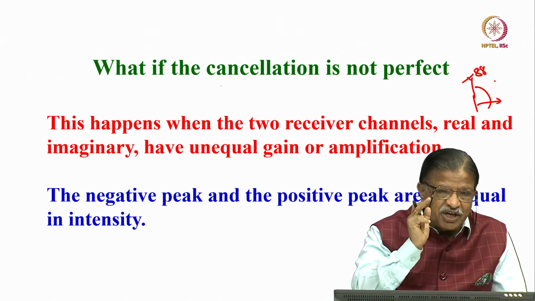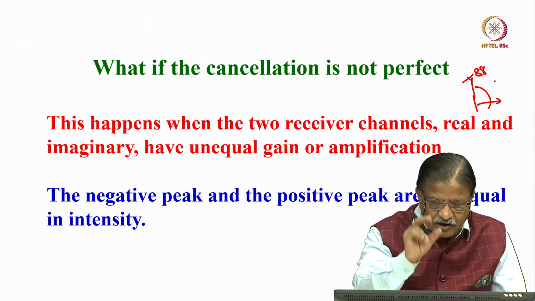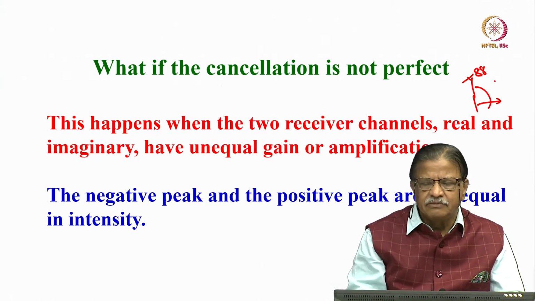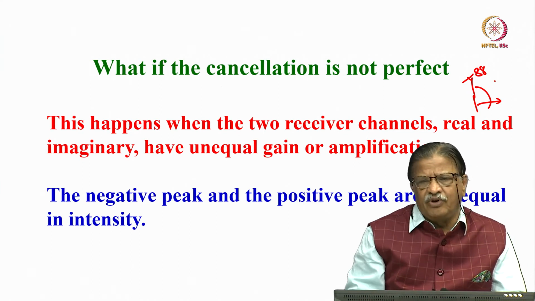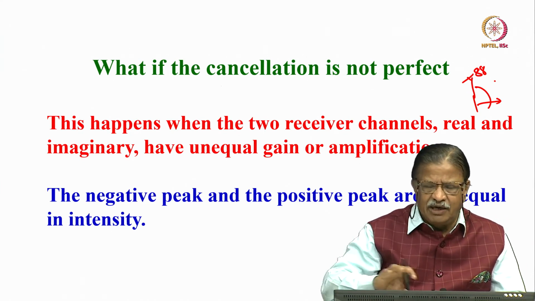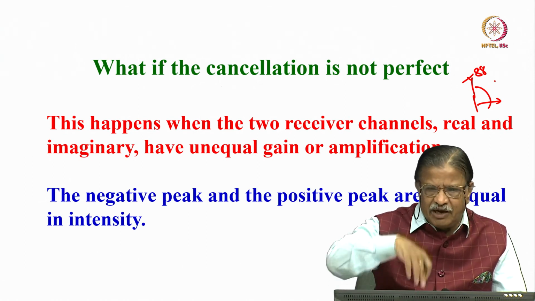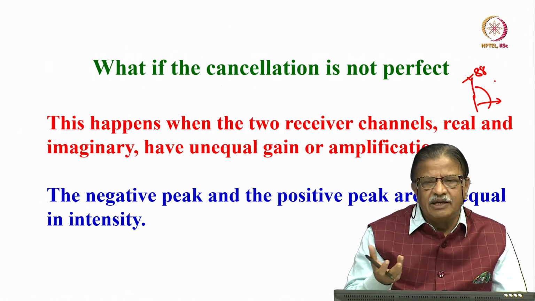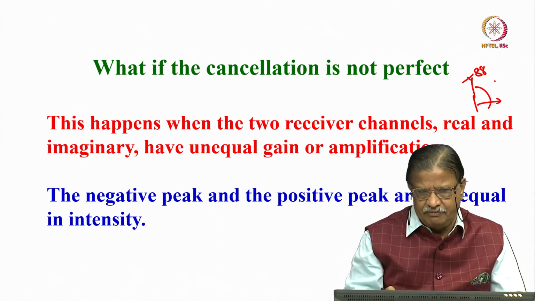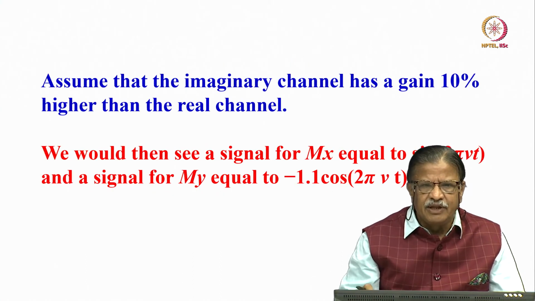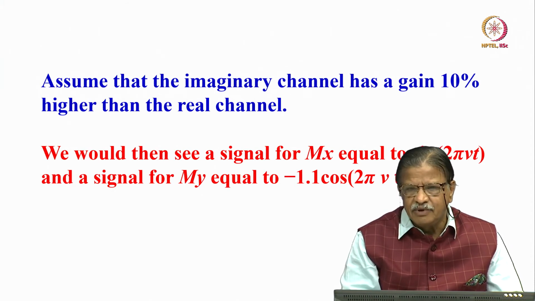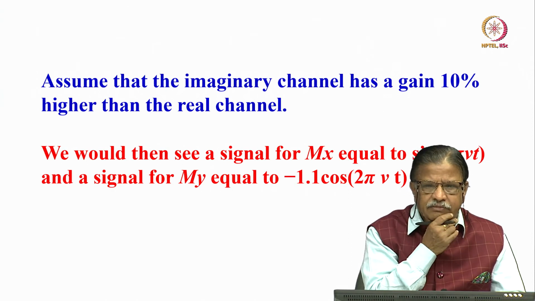Cancellation is not efficient. I do the Fourier transformation of the Mx component, get negative omega and positive omega. I take the Fourier transformation of the My component, take negative omega and positive omega. Negative omega here is negative dispersion, but instead of cancellation there will be some portion of the signal left there. It is not going to completely cancel out. Then it gives rise to problems. What do you do in such a situation?